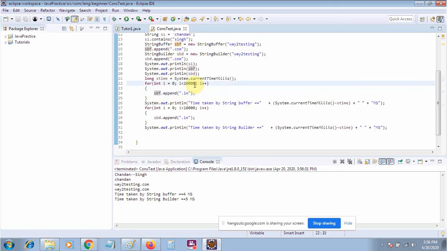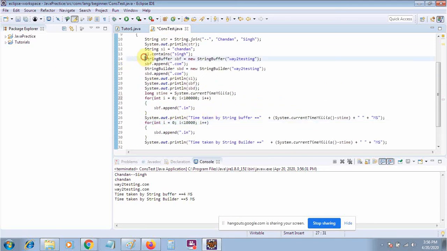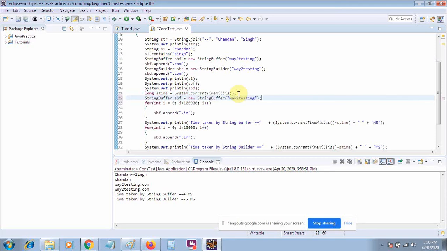Because the program is a little bit slow, the output is a little bit different. Otherwise, if you run it multiple times you will see that StringBuilder will take less time and StringBuffer will take much more time.